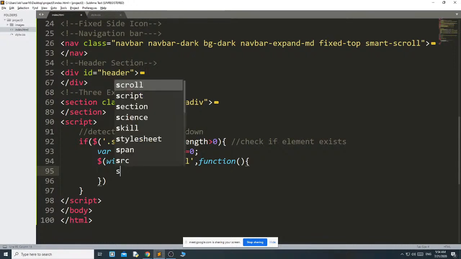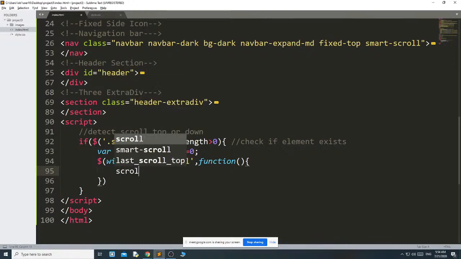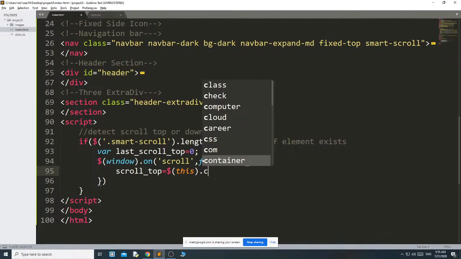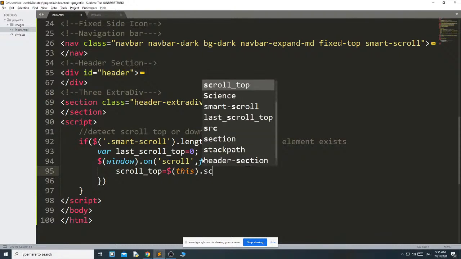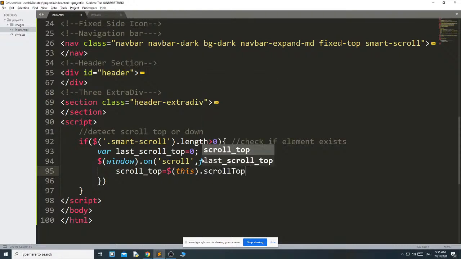Then scrollTop equal to $(this).scrollTop().